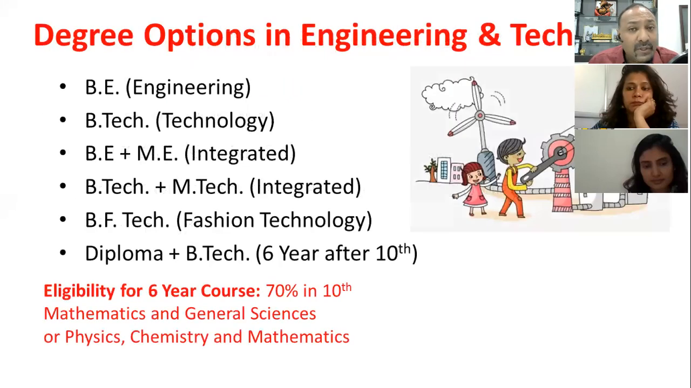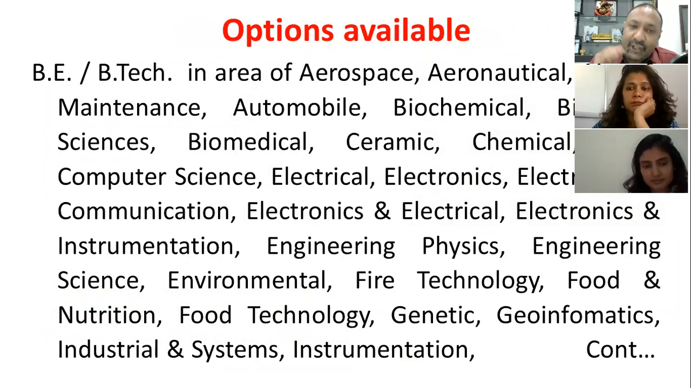What are the pure stream options of degrees? We all know you can go for BE, Bachelor of Engineering, or Bachelor of Technology. You can go for a 5-year integrated BE, ME, or BTech, MTech. You can also go for Bachelor of Fashion Technology. And there is another program which after 10th children can join, which is a 6-year integrated program of Diploma plus BTech. Now, within engineering, there are more than 50 different branches which you can take up, starting from aerospace to